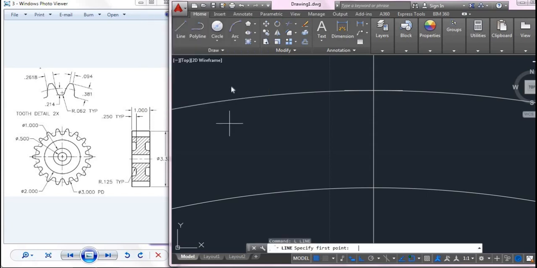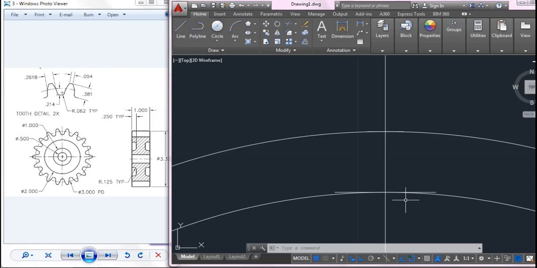So I will be taking a line from this end, it is 0.1309, right side, and also towards the left side 0.1309. Enter. So we have drawn two profiles, that is the upper edge and the edge at the pitch circle diameter.